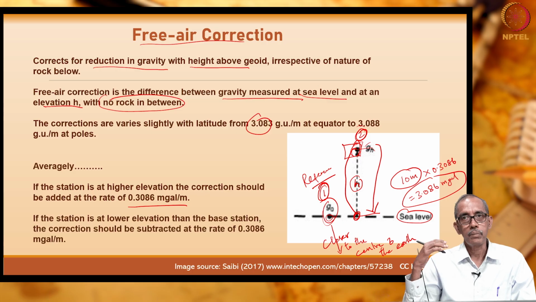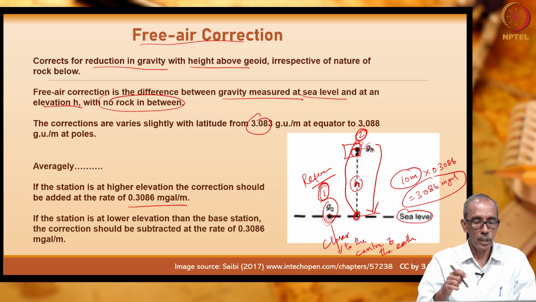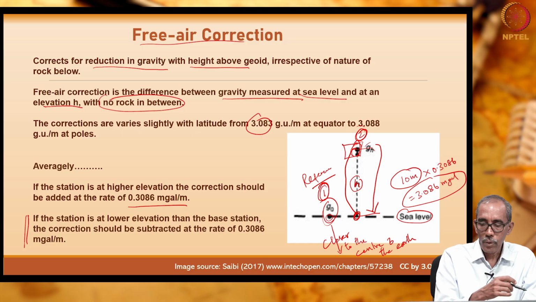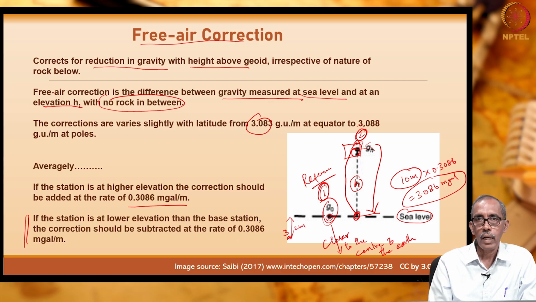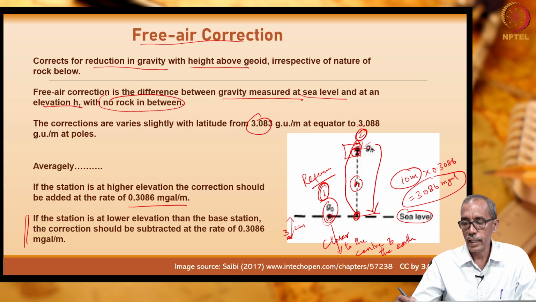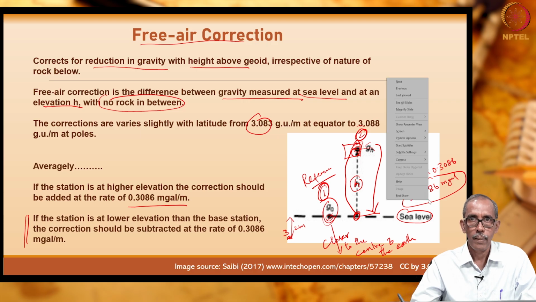Okay. Next is Bouguer correction. Before going into Bouguer correction, suppose I have written something. Let us imagine this is station number 3. This is 2 meters below the reference station. What would have happened here? The reading which we have measured would have been more, isn't it? Right. Here the value which we got would have been less. So, we are adding 3.086, right.